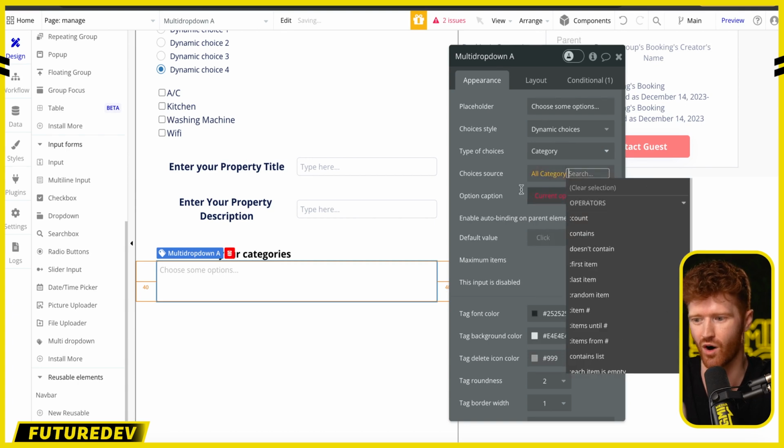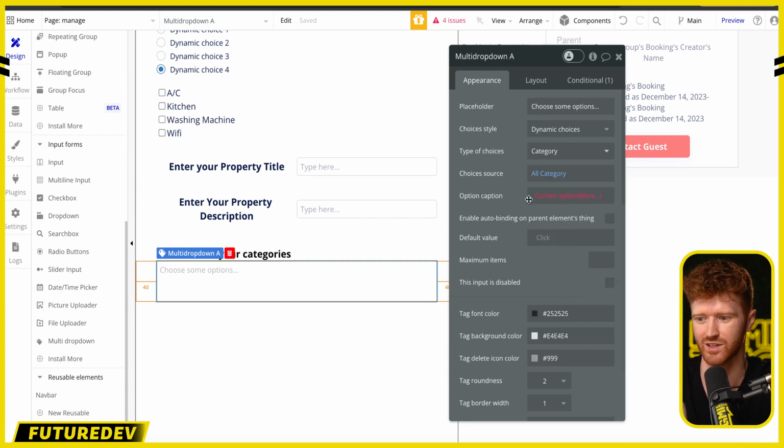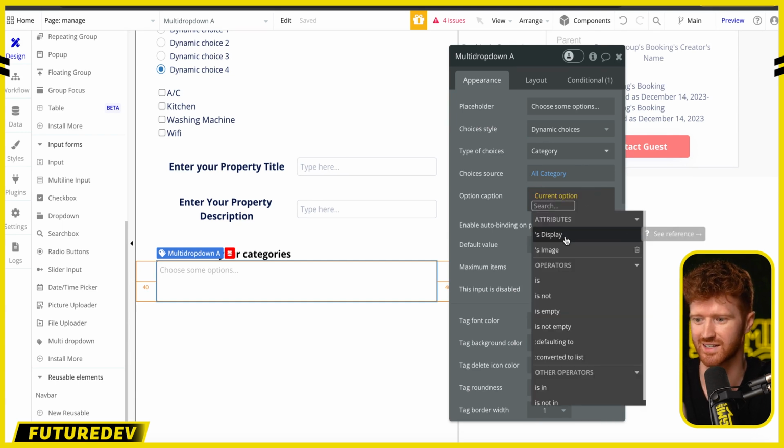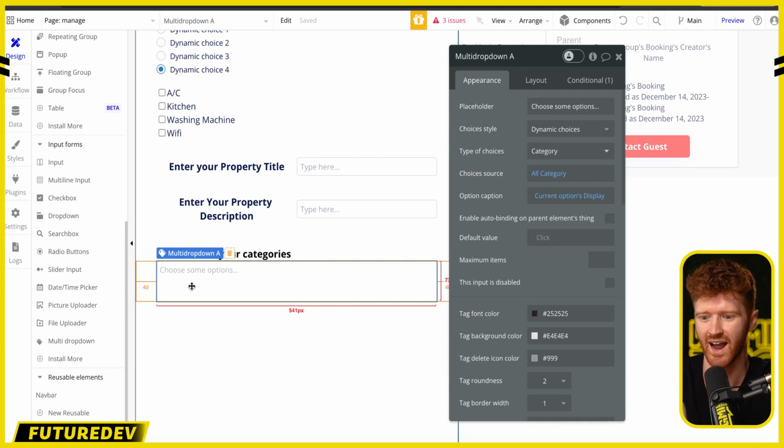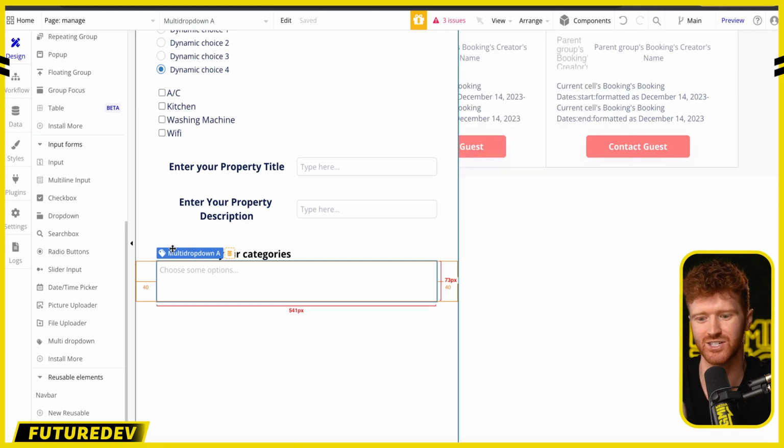And then we probably want all of the categories associated with our option set. So that's great. Let's select all of our options. And then for our display, we simply want to select the current options display, and that should list all of the categories that we may select. Now we're almost done. We just need to capture that price per night, as well as the images that get